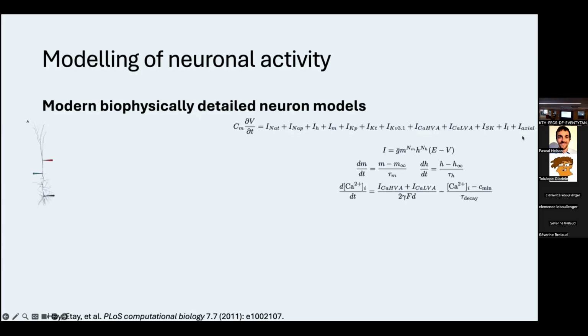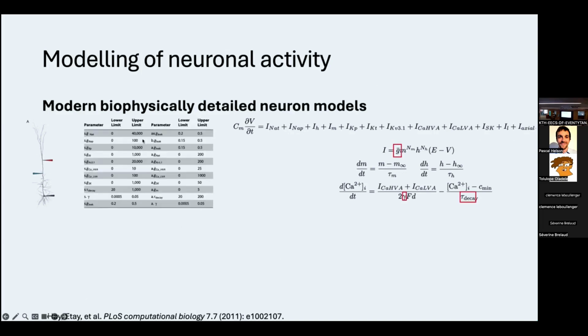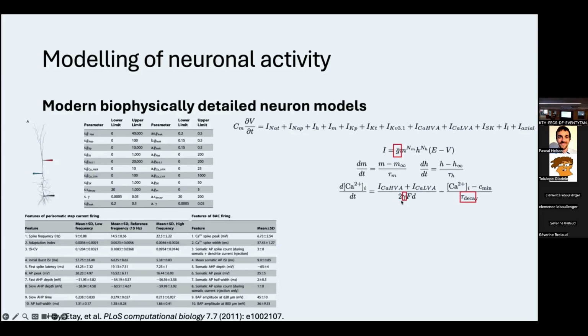And then also this axial current that is needed for this one. And when they fit this model, they fit the conductances of all these channels in different compartments alongside these calcium dynamics parameters. And of course, this model is only as good as the